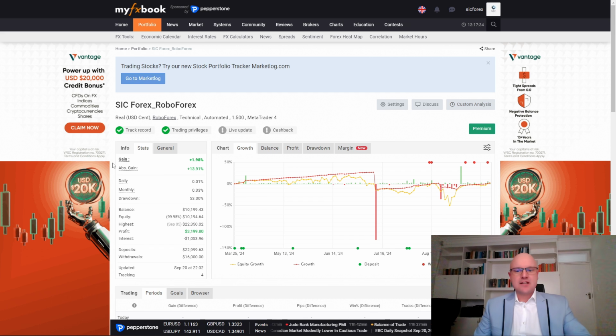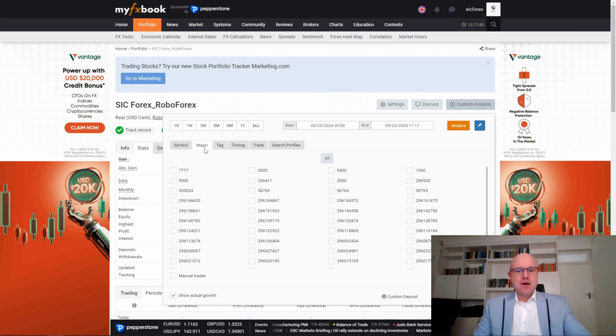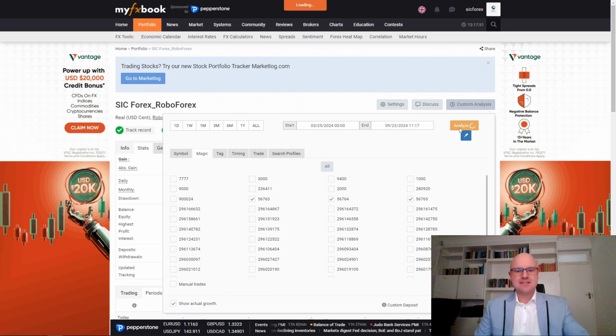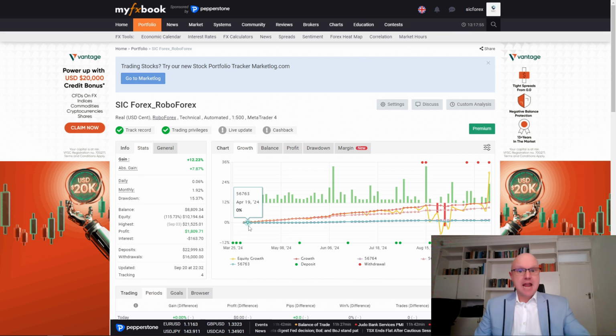And if you want to look at specific EAs, I provide additional information under the General tab, and then you can head over to Custom Analysis. Now, once we find the right tab, which is Magic, we can select the Stratus Bora, which is an Ichimoku Cloud EA or Automated Trading System. Now, this one uses the Ichimoku Cloud, which is its entry indicator, and then a lot of the settings for the EA are the same as what we'll see on Stratus Goldwing.